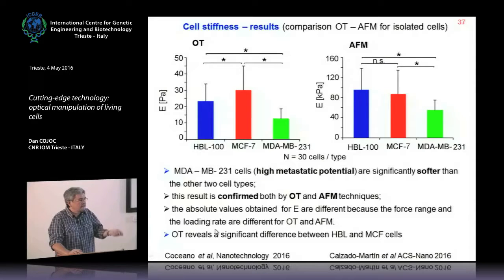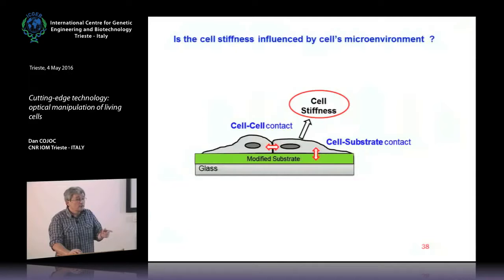The point is that you stress it in the same way to compare different types of cells. So there are no absolute values about the elasticity of the cell. Relative values, yes. Relative values between different types of cells, but also relative values as a function of the environment